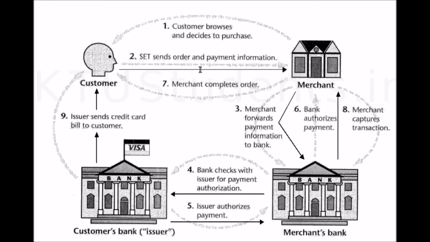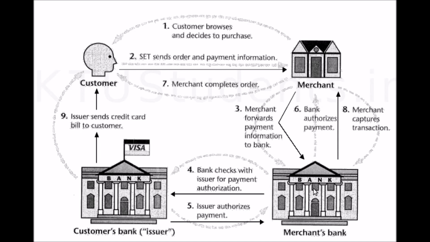Now let's see the working of secure electronic transaction. This works under the assumption that both card holder and merchant are already registered with the certificate authority. Here the first step is the customer browses the website and decides on what to purchase. Then here is a customer, here is a bank, this is merchant's bank and customer bank. As a second step, the customer sends order and payment information, which includes two parts in a single message. First is the purchase order. Second one is the card information. Purchase order is issued to the merchant and the second part, the card information, is for the merchant's bank.